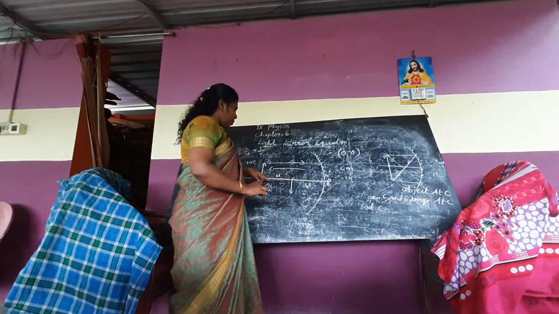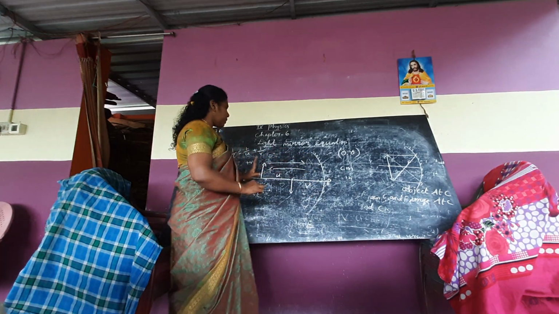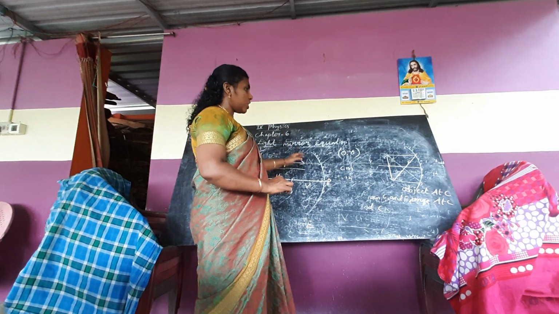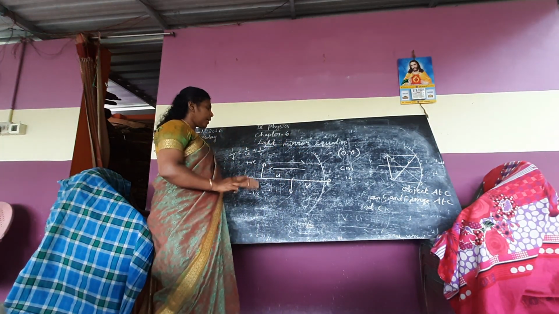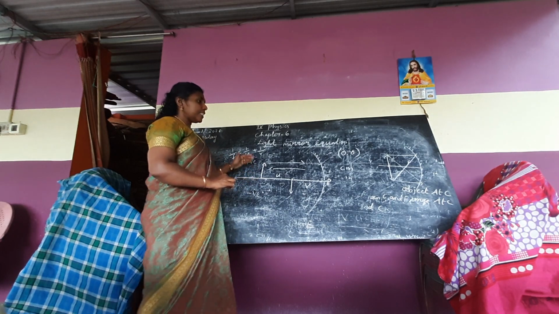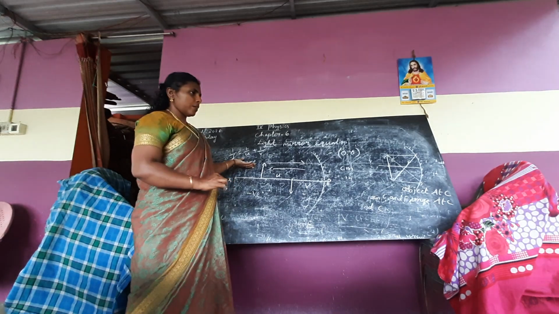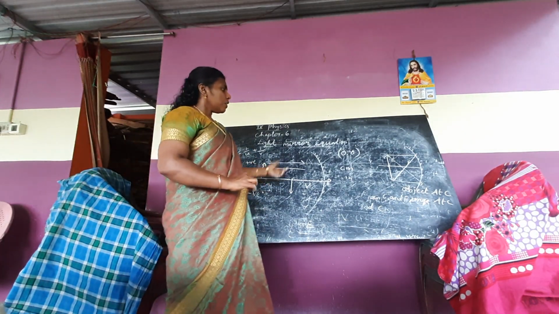This principal axis is taken as the x-axis and the origin is taken as the y-axis. And here incident rays are there. Incident ray direction is positive; opposite to the incident ray direction is negative. The distance perpendicular above the principal axis is taken as positive and below the principal axis is taken as negative. This much all of you know.